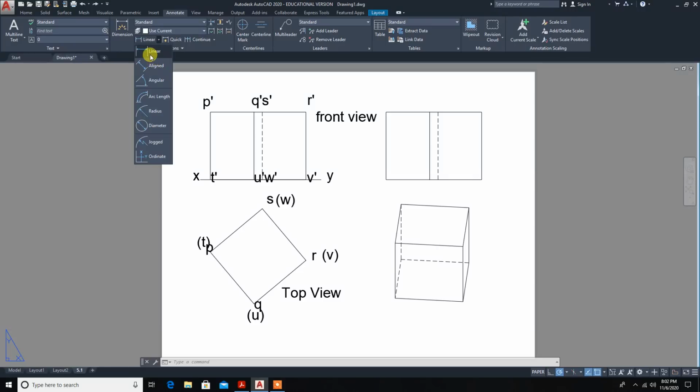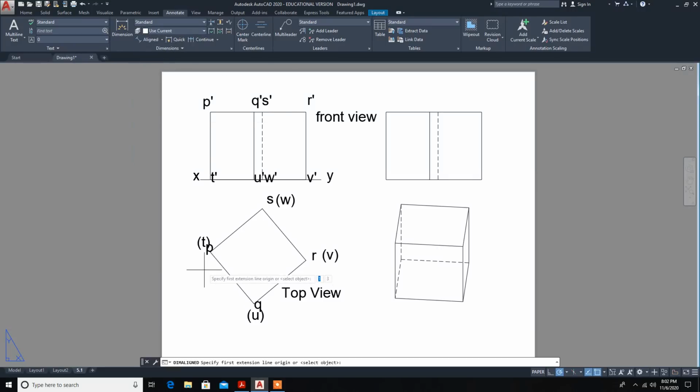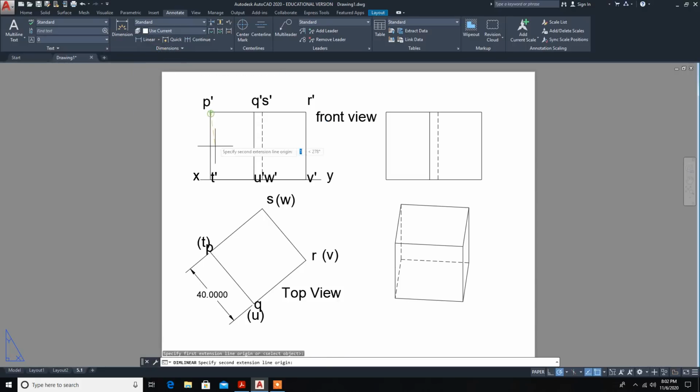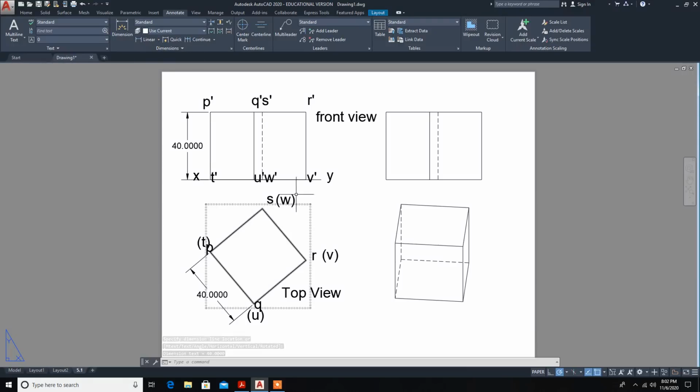This length is aligned, 40 mm, and this top also should be 40. So linear. You can change the colors in the layers, and you can give another color for these dimensions.